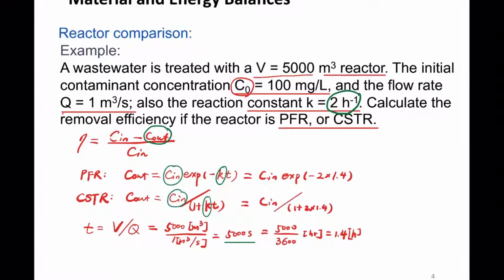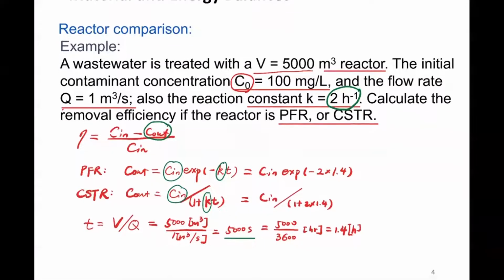Okay, so these are the two equations which we use to solve for the outlet concentration, right? And then further in here, you see the efficiency. If you plug in this equation, actually the C in gets canceled out. So that's 1 minus exponential minus 2.8. And then here is